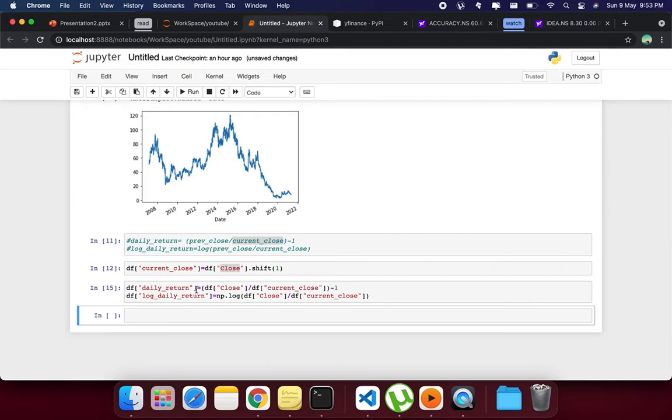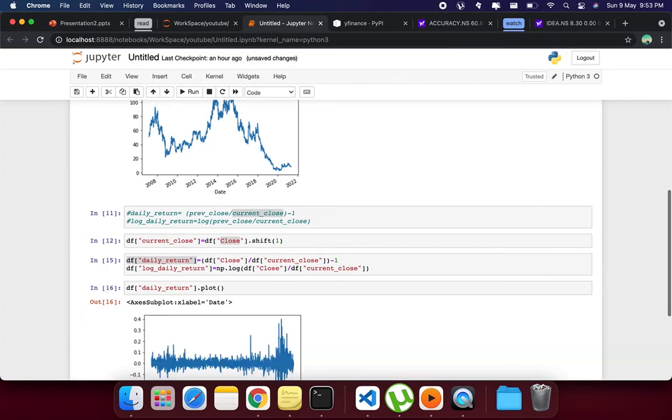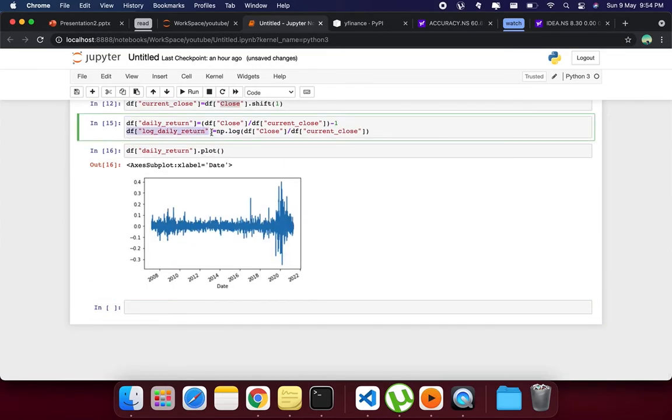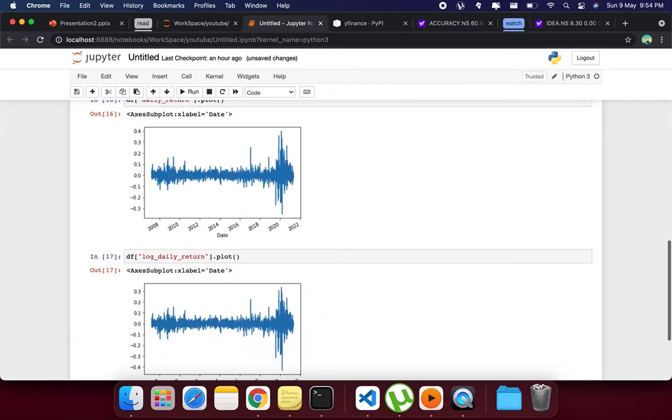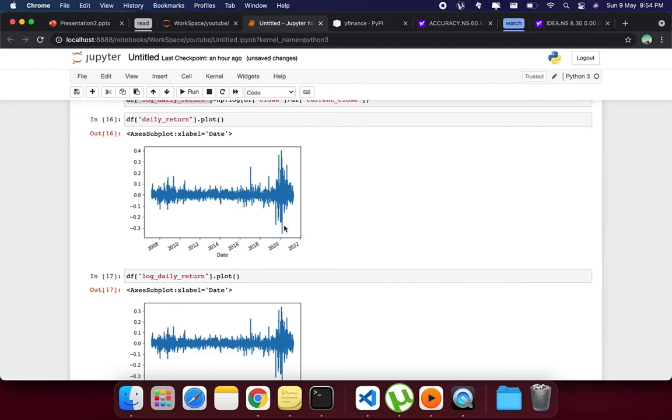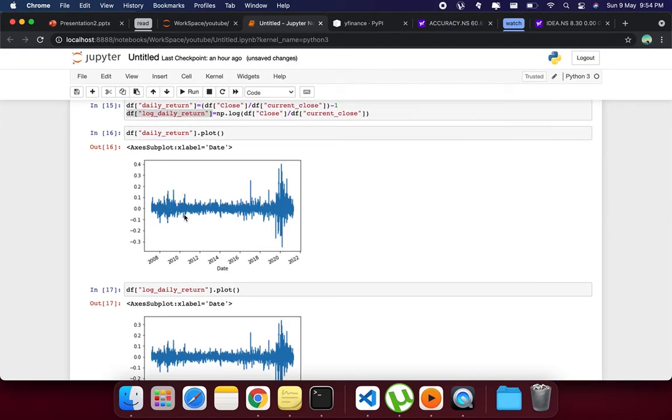Now just let me plot this. Though this is not going to give us much idea right now what it is doing, but as we go on it will make much more sense. So basically, as you can see here, what is the return of that day? If 0 is a measurement of return, then you can see through this graph how much return it gave daily. Some days it gave good, positive return, some days it gave negative return.